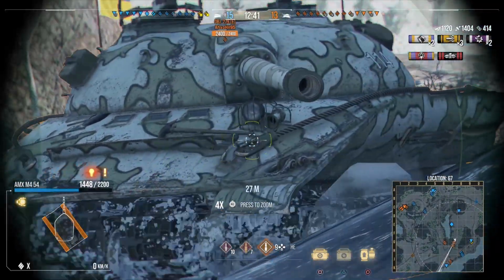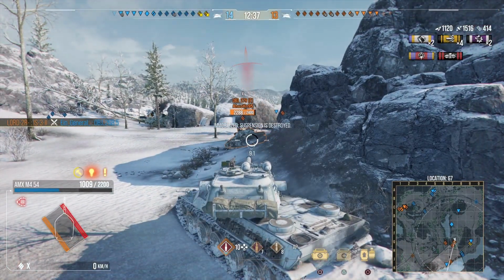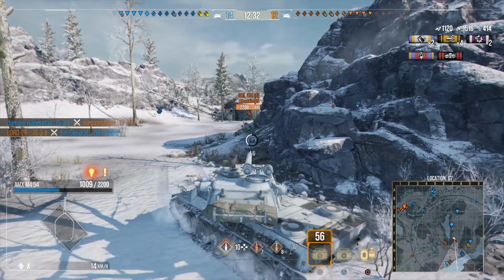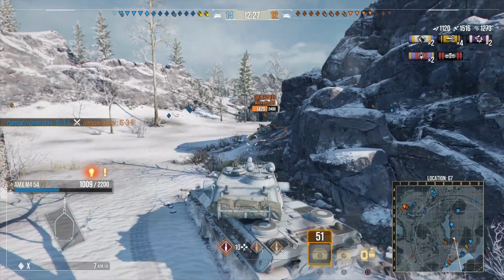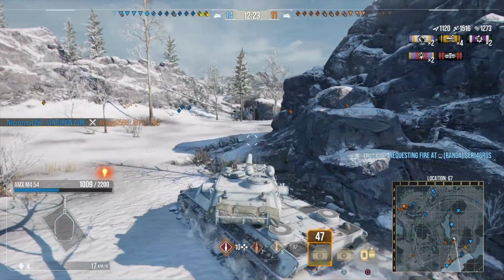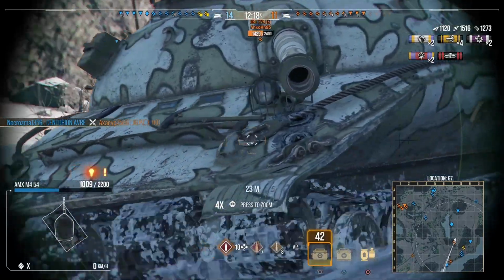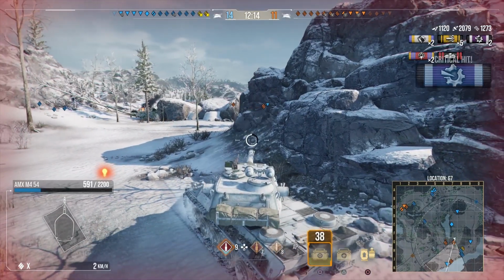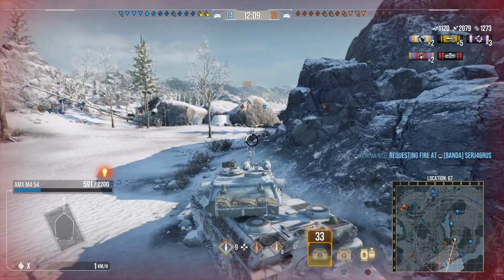So maybe if I find those little weak spots on the side of his armor, or if we over-angle his armor, I will be able to use it. But yeah, he also can pen me with his premium shells. I cannot trade with him shot for shot, so I will have to be patient here and wait for